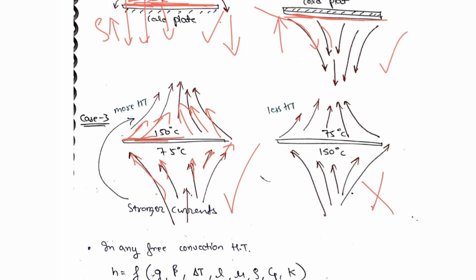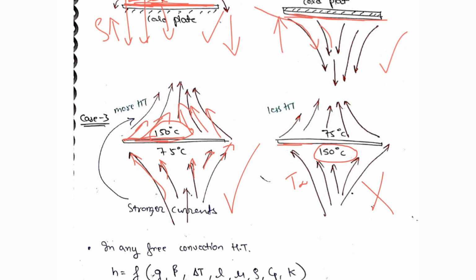Okay, but the amount of heat transferred also depends on delta T. Higher the amount of delta T, higher the amount of heat transfer. And here the 150 is on the top side and it is best utilizing this temperature difference. But here 150 degree centigrade is at the bottom side, and the amount of heat transfer between 150 degree centigrade and the ambient fluid T infinity is less because of the restriction here.